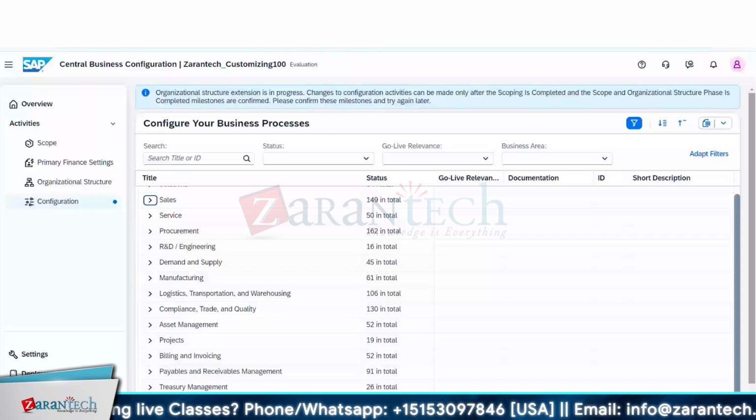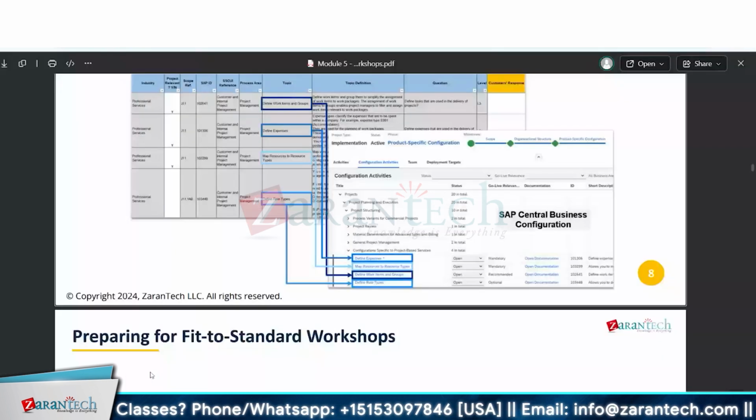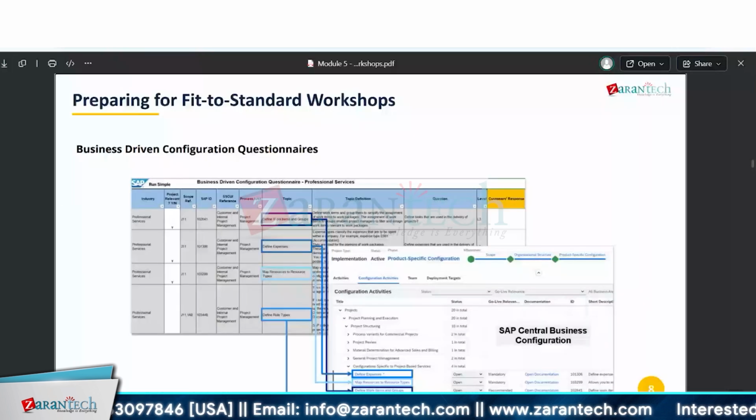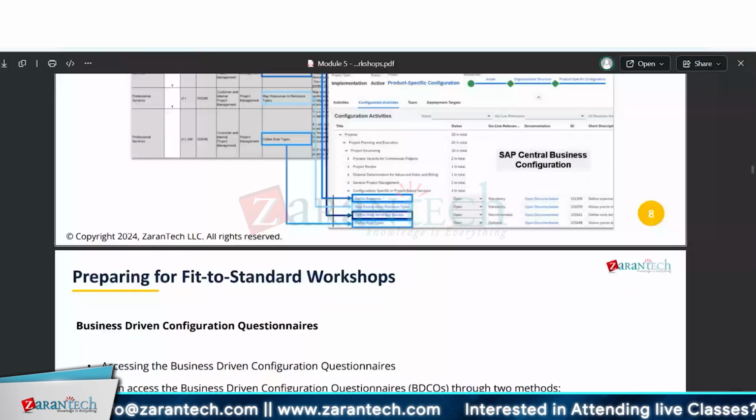But in a scenario, whatever is the actual BDCQ, BDCQ topics will be part of the configuration activities in central business configuration. Okay, BDCQ questionnaire. So, assessing the business-driven configuration questionnaire, you can